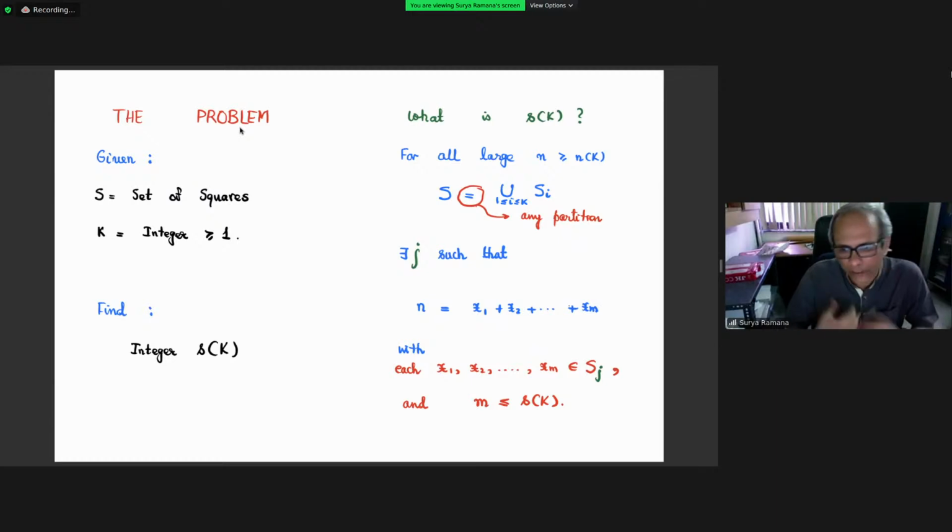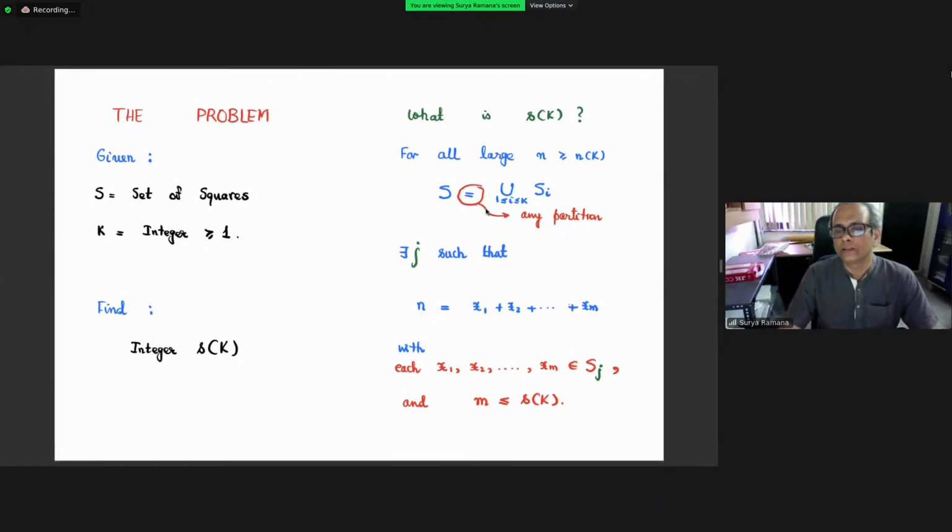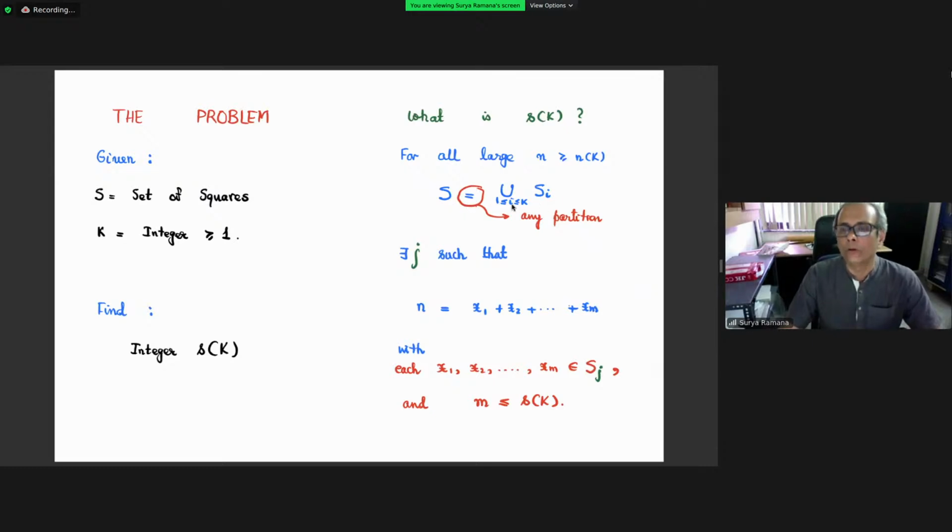The question combines the two classical themes, the Ramsey theoretic problems and Waring's problem. So the question is like this. Given that S is the set of squares and k is an integer greater than or equal to 1, you are supposed to find an integer which is now written as little s_k. Now, what is this little s_k? The definition of little s_k is this. For all large integers and any partition of the squares, so over all possible partitions of the squares into k disjoint subsets,